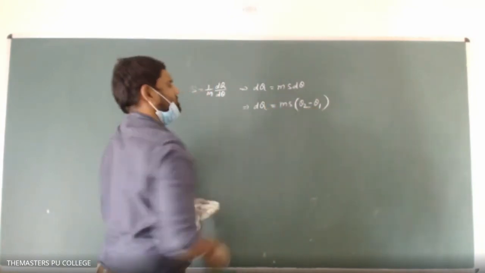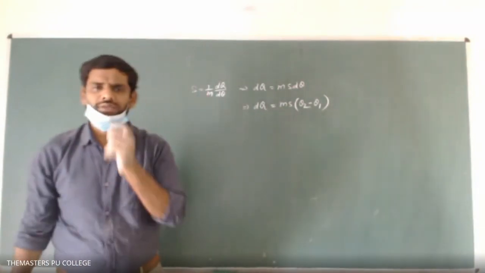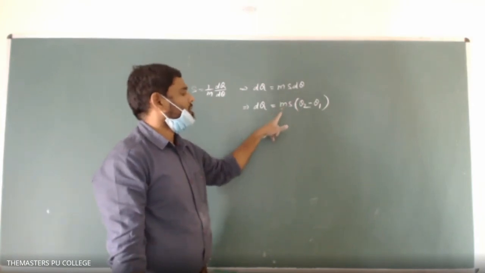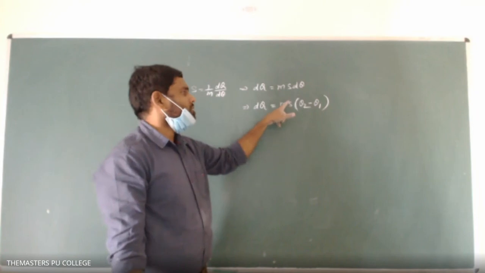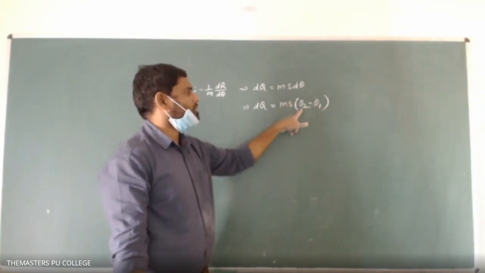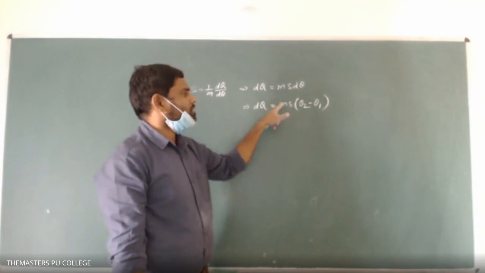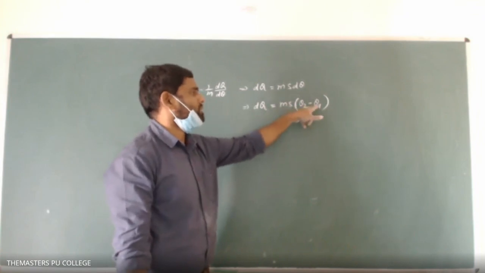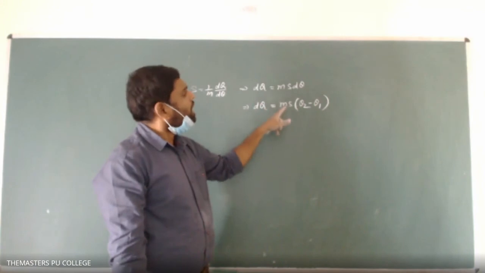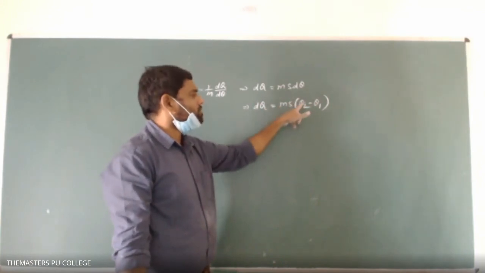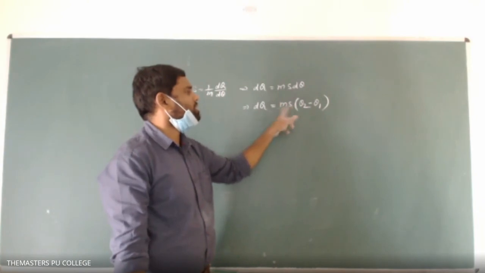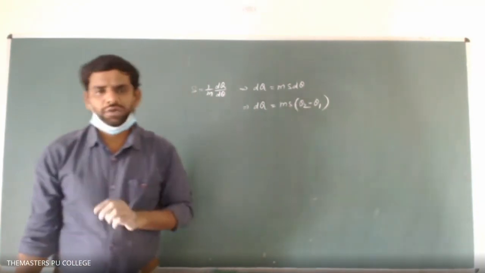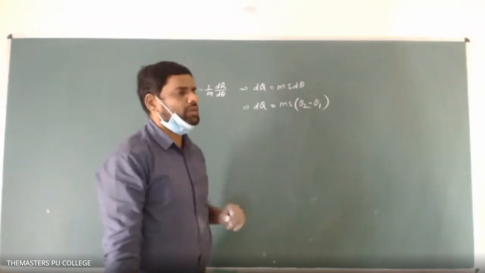What does this equation represent? To raise the temperature of m mass of substance whose specific heat is S from theta 1 to theta 2, how much heat do we need to supply? We need to supply a heat of m S times theta 2 minus theta 1 to raise the temperature from theta 1 to theta 2, whose mass is m and whose specific heat is S. So this we can also use while solving the numericals. Please make a note of this.